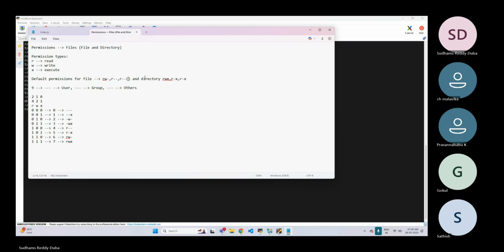Means what in numerical format? 6. 6. And then what about other group? 4 and 4. So what is the default permission for a file? 644. That is the default permission for a file in numerical format.